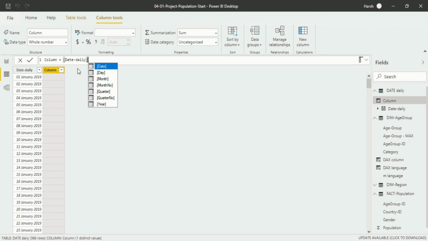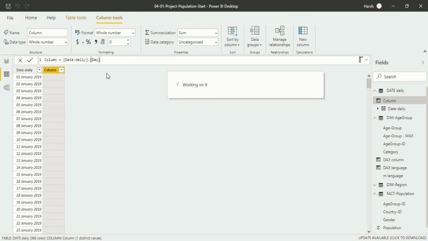When you click on tab, an option opens up that if you want to extract any information from the date daily that is available to you, which you have created using DAX formula. Now you can extract any information, like if you want to extract day, that can be extracted. Just click on it. After that tab, after click on enter. So the column has been created and it will take a few seconds to extract information from the date daily column into this column. So you can see the date has been extracted, and this you could do also with month. So I will show you how you do it.